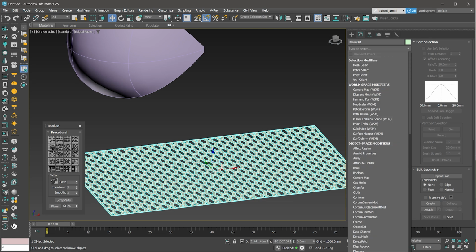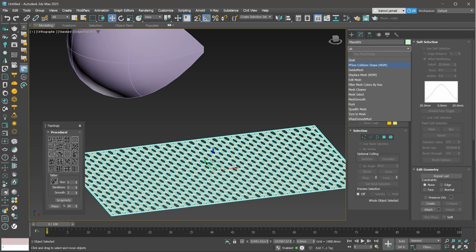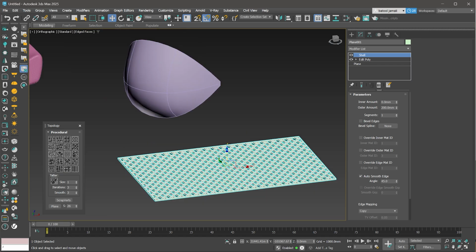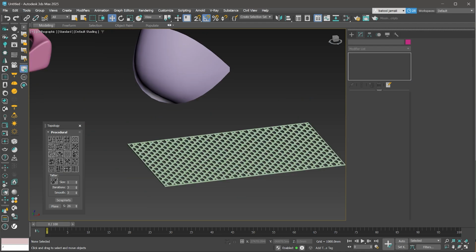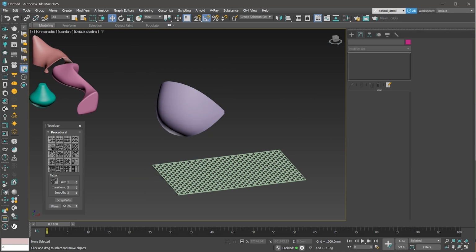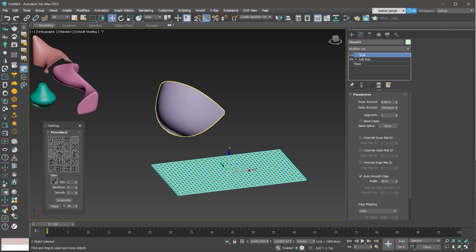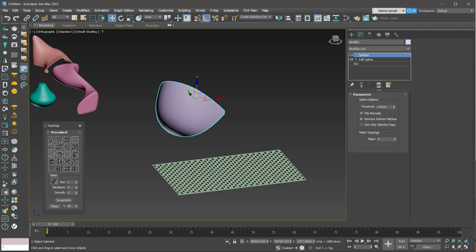You can use morpher, you can use whatever method you prefer. I'll just add shell to add a little bit of thickness to it. So this is the final result that I have. Now I want this shape to take this kind of shape. So I'm going to select